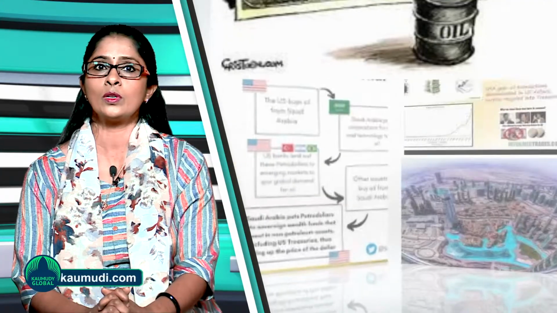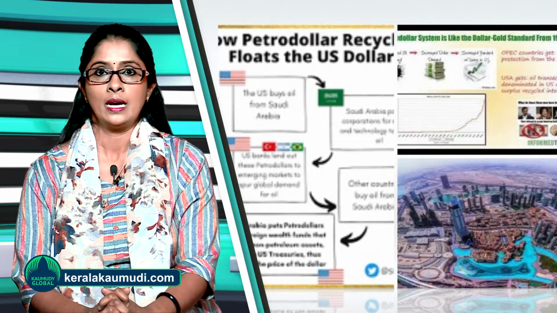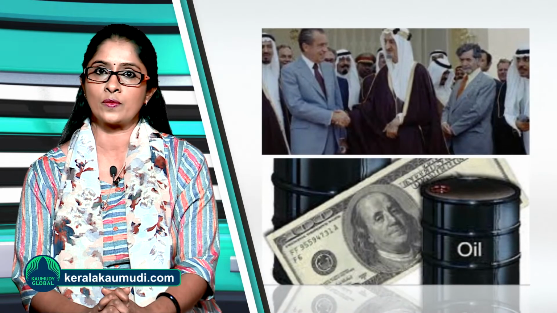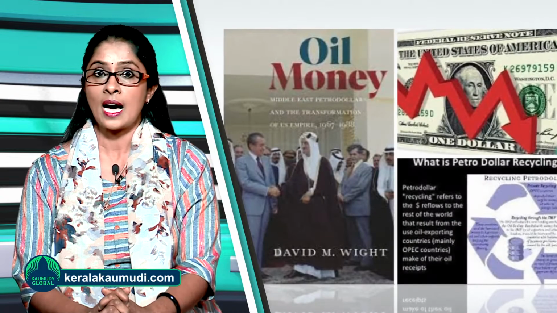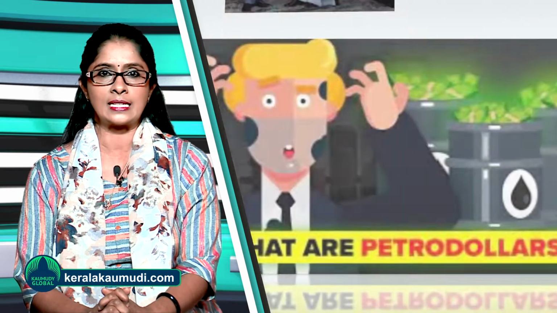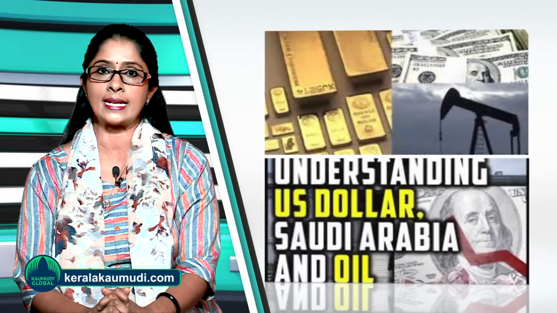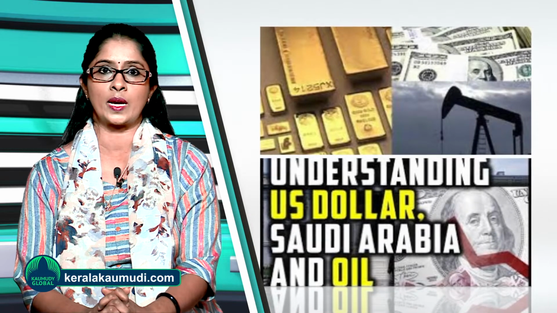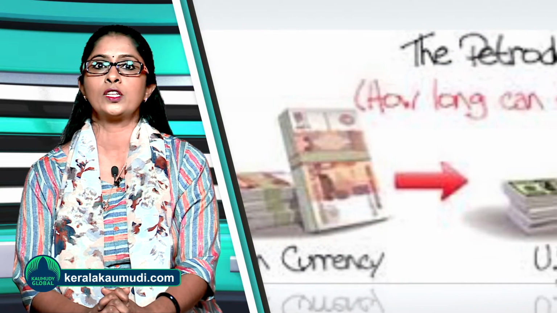Here are the benefits of the petrodollar system. Because the most valuable commodity in the world, oil, is valued in US dollars, the petrodollar aided in the rise of the US dollar as the world's leading currency. Because of its high standing, the US dollar has the privilege of continually financing its current account deficit by issuing dollar-denominated assets at extremely cheap interest rates, as well as creating a worldwide economic hegemony, according to some.